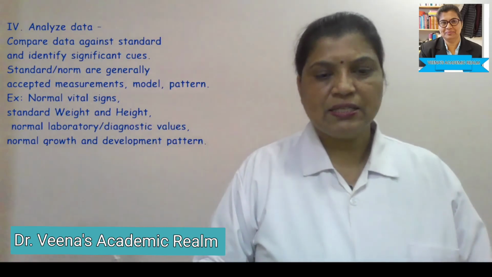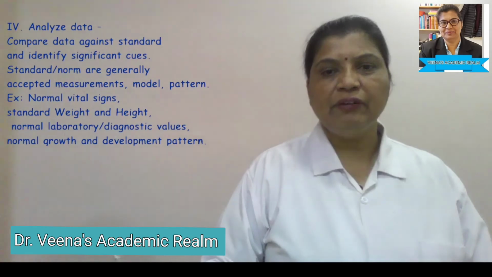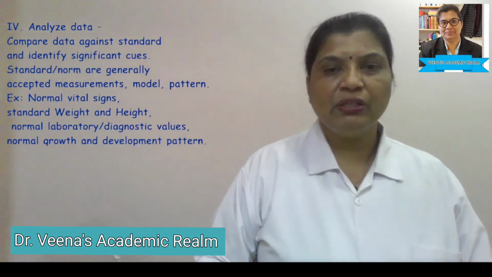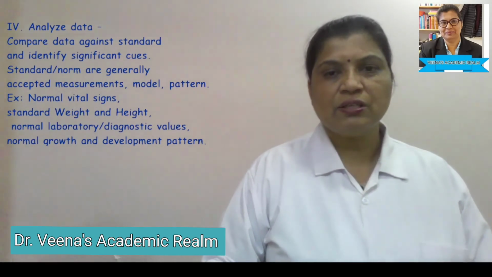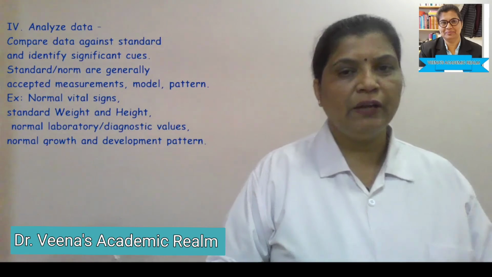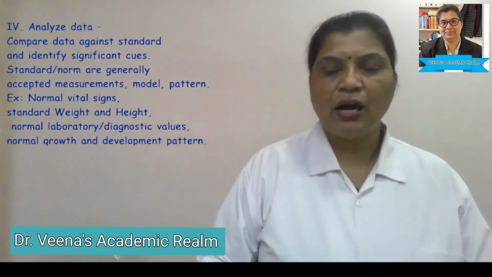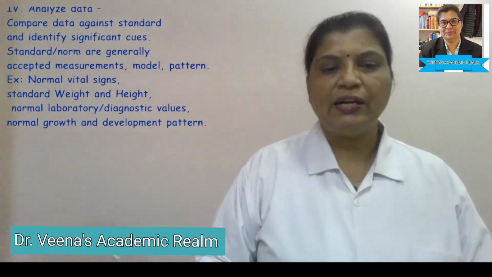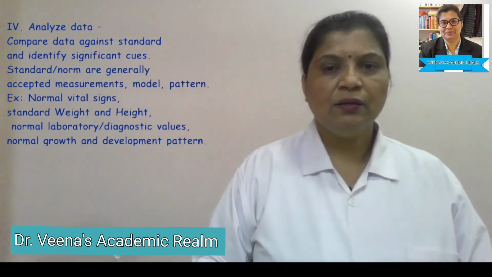So vital signs, or there is a specific height and weight for the patient. As per the height and weight, we can calculate BMR. So how is it compared with the normal and abnormal? In some laboratory investigations, there are normal values, like the hemoglobin level, how much it should be, BSL, fasting blood sugar, how much. So we need to compare the normal with the patient's value. So analysis of information is also an important step under nursing assessment.